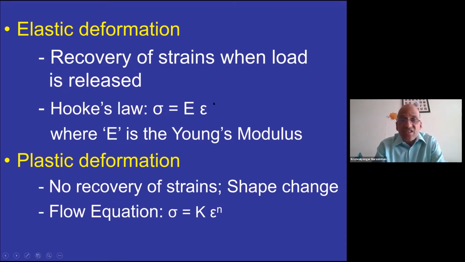Usually in elasticity, Hooke's law is very popular. The stress and strain are related by Hooke's law. When it comes to plastic strain, this is the kind of relationship, especially for steels, which we use. The true stress and true strain are related by this kind of an equation, where K and N are constants. K is like a strength coefficient, N is called the work hardening exponent. So this way stress and strain get related in plasticity.